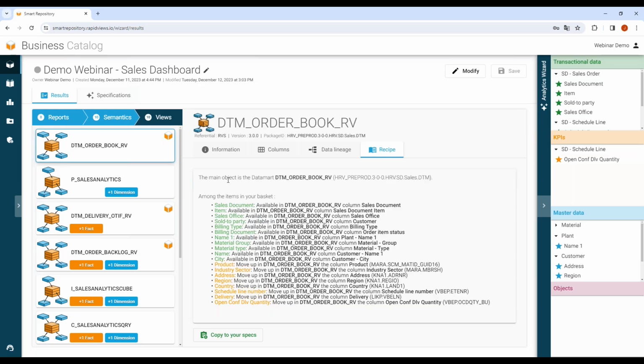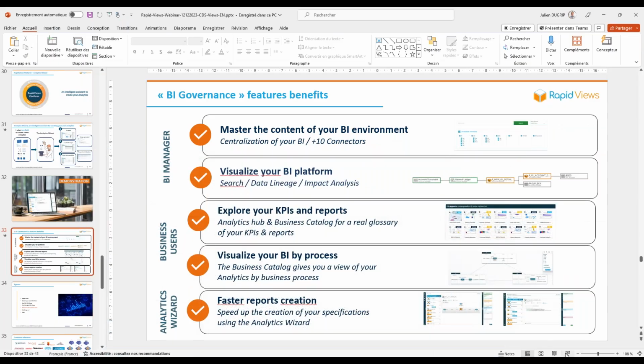Plus, we are providing more than 20 cross-module cubes. As you can see in this case, we already have one cube that contains what you want. So it's even easier for the BI developers. Yes. Okay. Thank you, Julien.